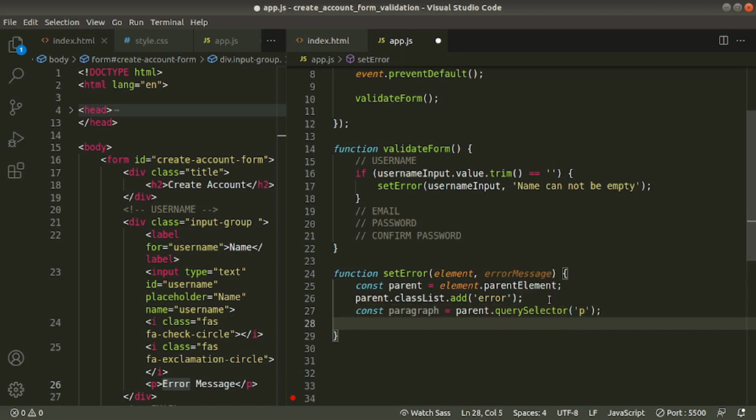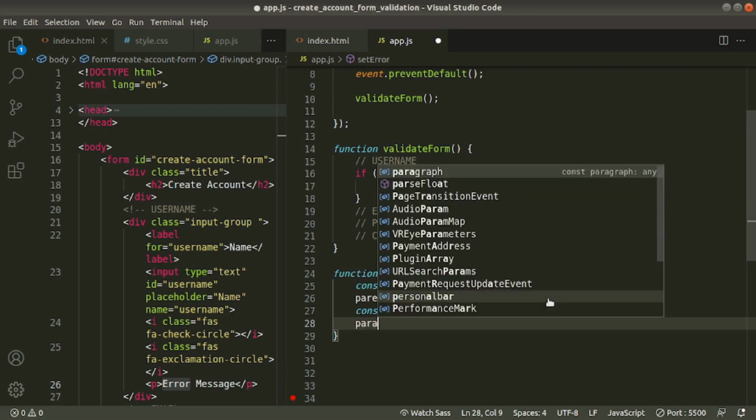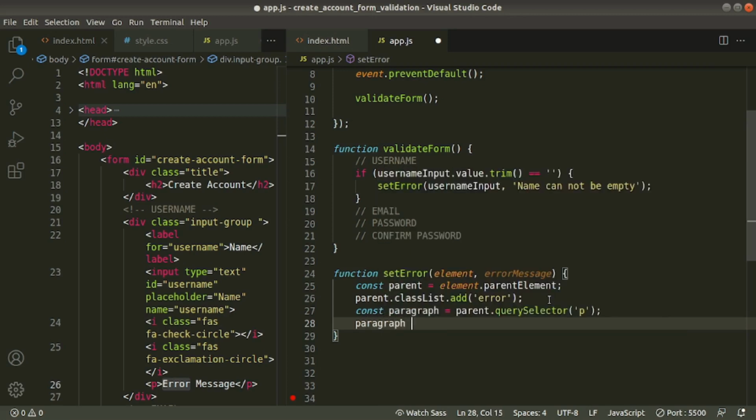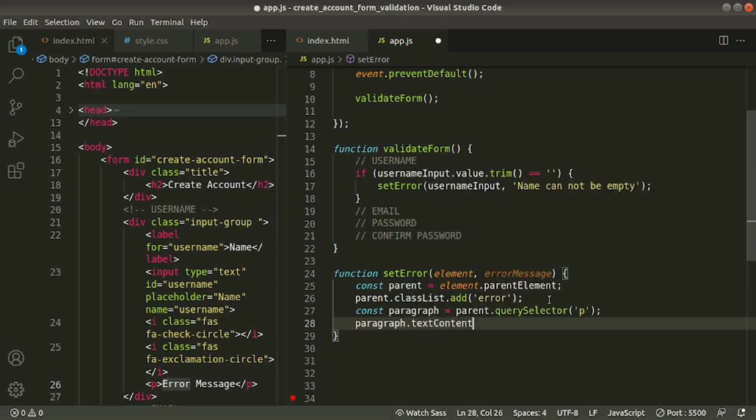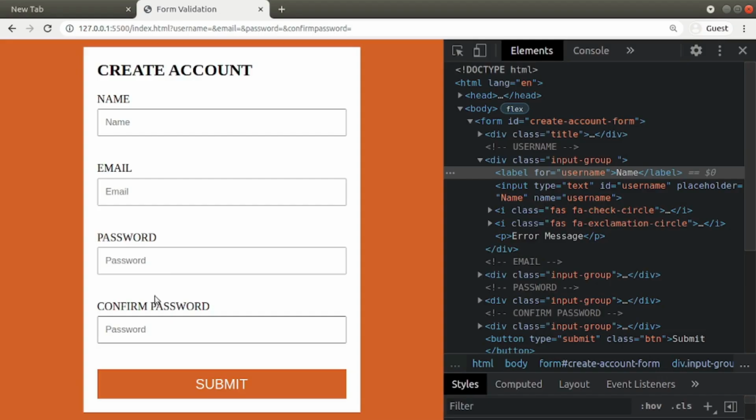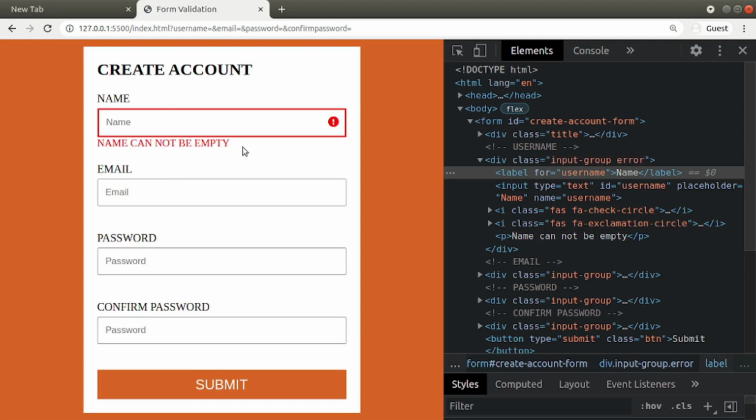And once we get the paragraph, text content equals to our error message. That's it. Save. Let's go to the browser. See, without giving any value, submit. Name cannot be empty.